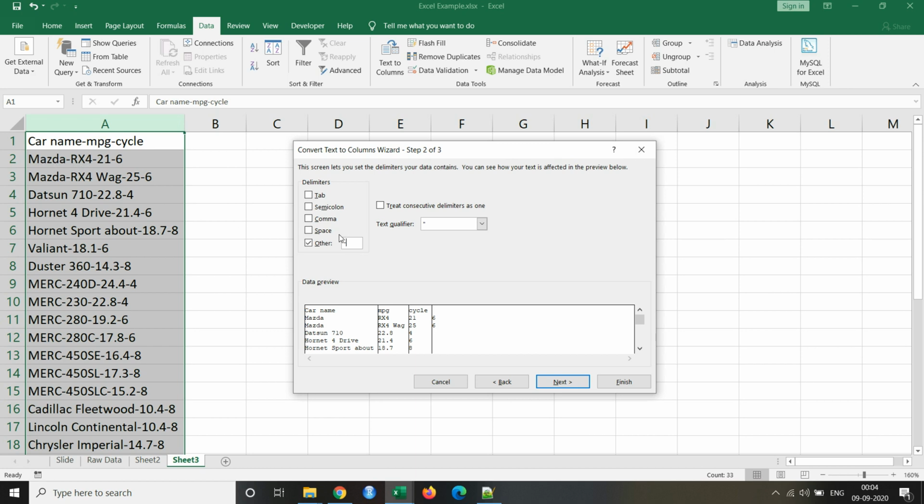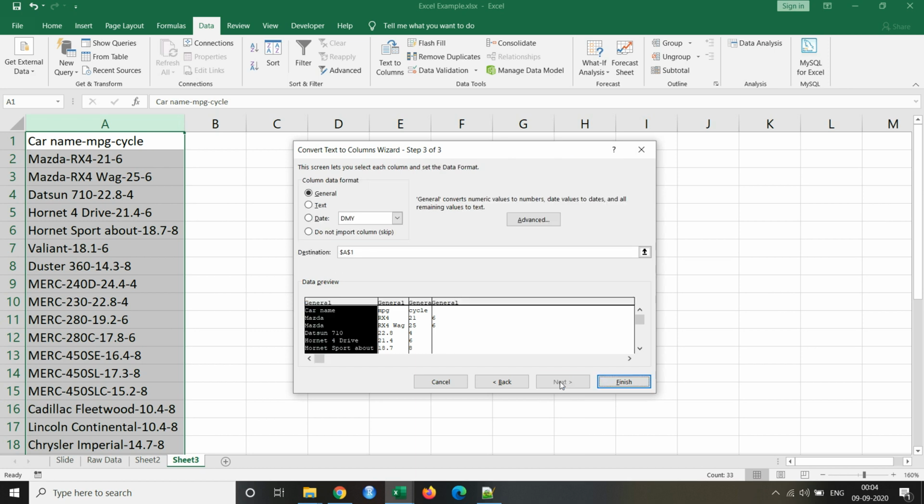But we do not have any other option here. We can select treat consecutive delimiters as one, but even that won't suffice our requirement. So we'll go ahead with this and click on Next.